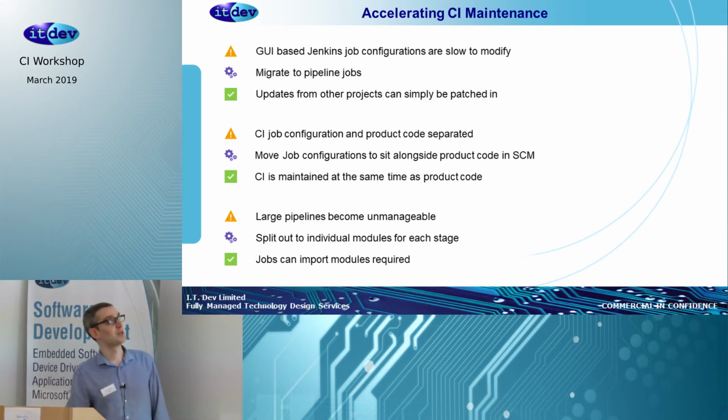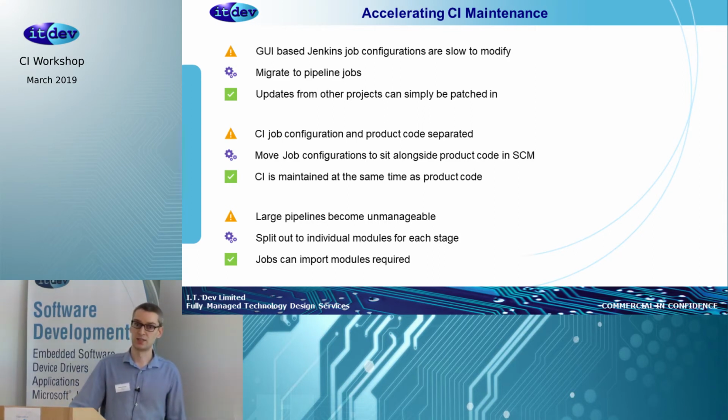The one issue that we had here is that not everything supports pipeline. So we're using particular plugins for Jenkins that were built on support for the old freestyle type projects. And that includes the review board integration plugin. So by just migrating to pipeline, that means that all broke,